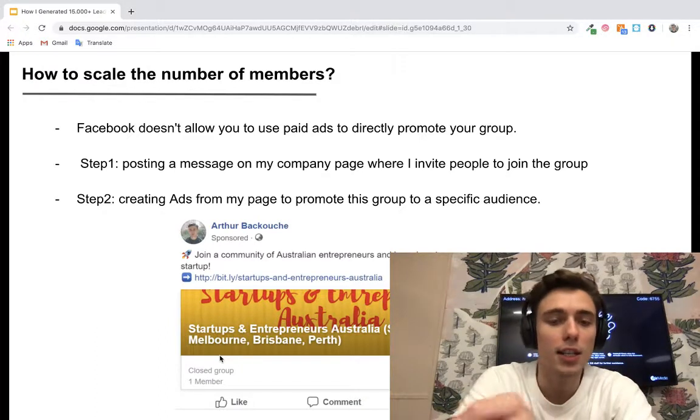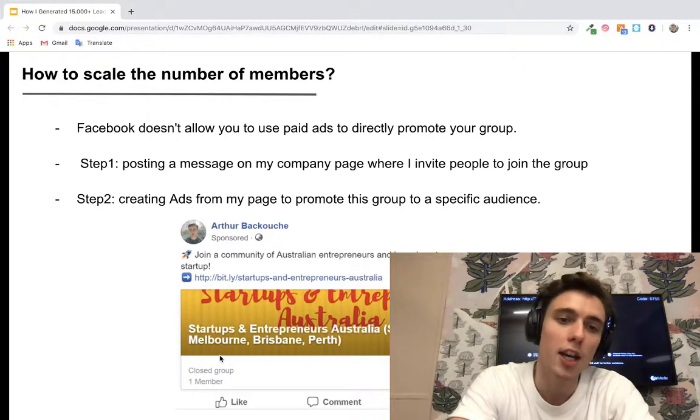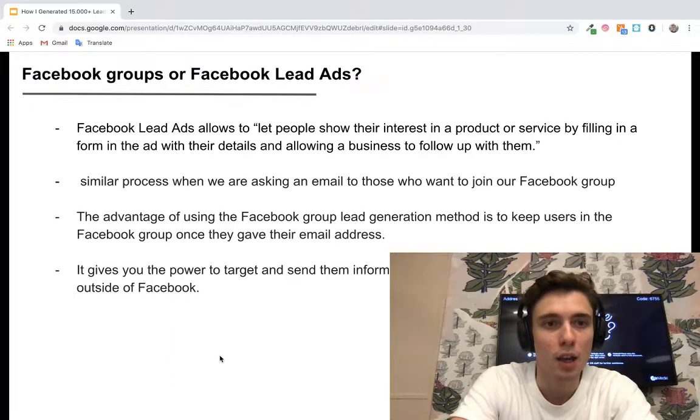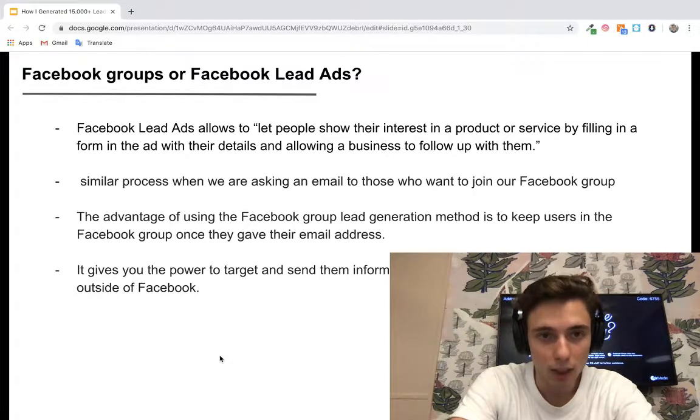In my case, it will be all the people who are working in Australia and people who are working in startups in Australia. I don't know if you have heard about Facebook lead ads. Facebook lead ads are basically a form directly native on Facebook, and people will fill in this form.